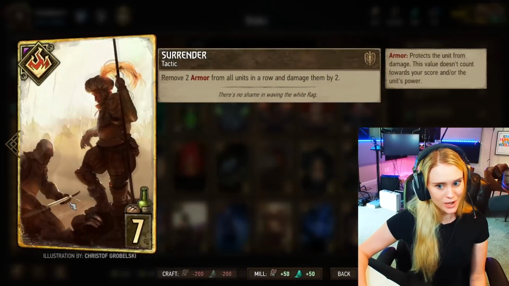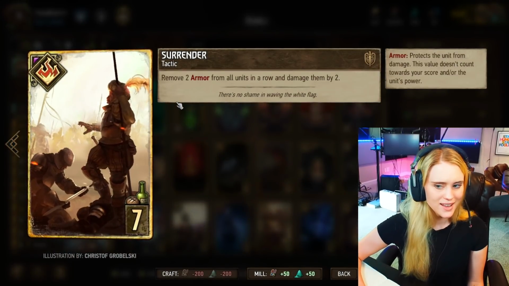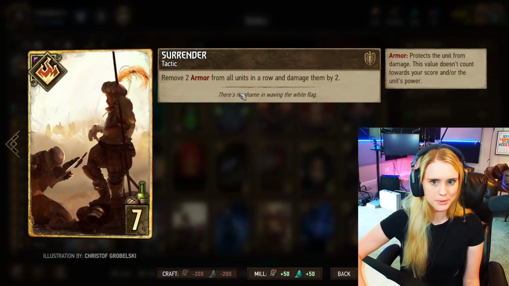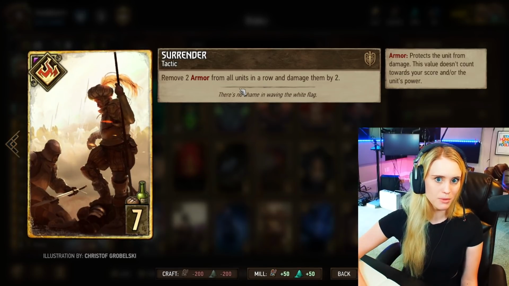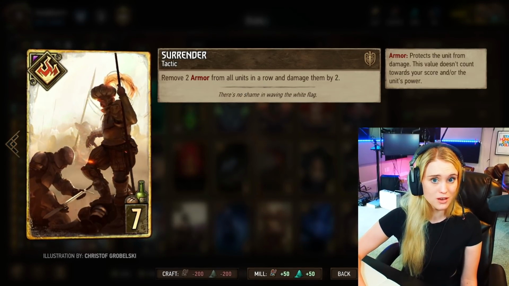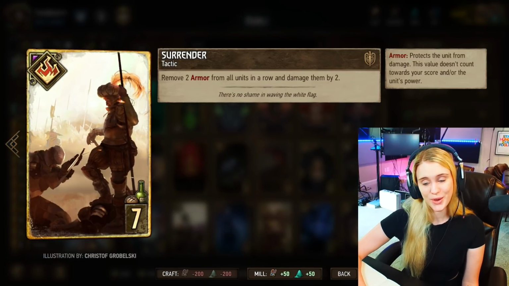And lastly, we have Surrender. Surrender is sort of relevant in the current meta. It usually plays for quite a bit if you time it right. It removes 2 armor from all units in a row and then damages them by 2. And that's just brilliant. So, I mean, if you have a row filled with cards, 9 cards that is, it's going to play for 18 points. So, I mean, that's not